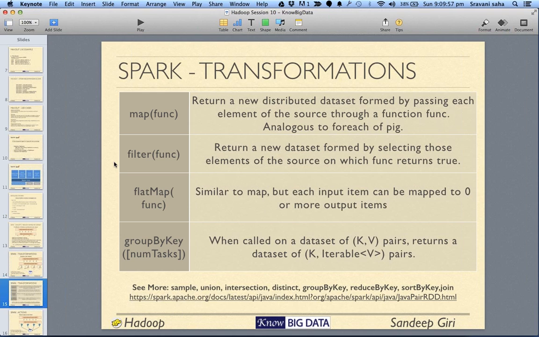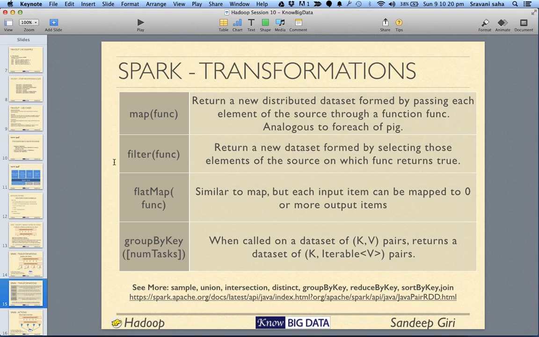Now there is another kind of transformation called filter. If you do not want certain elements of an RDD to go into another RDD, then you apply filter.